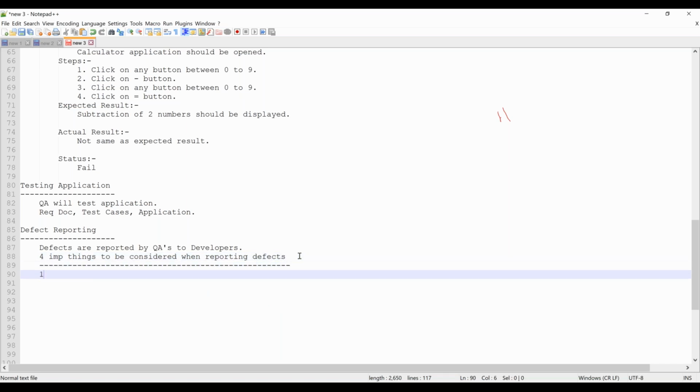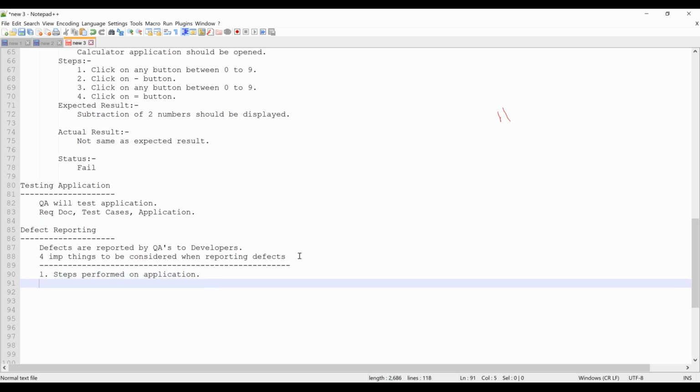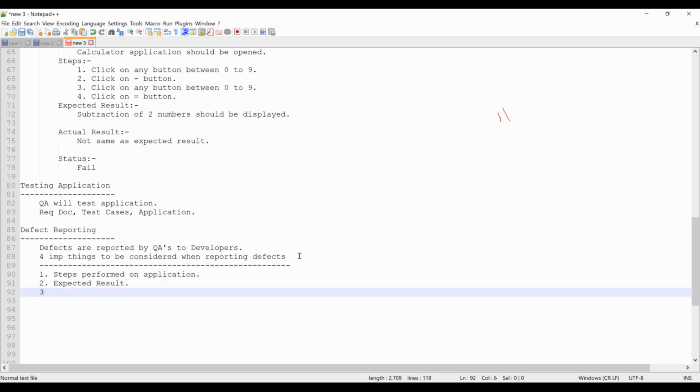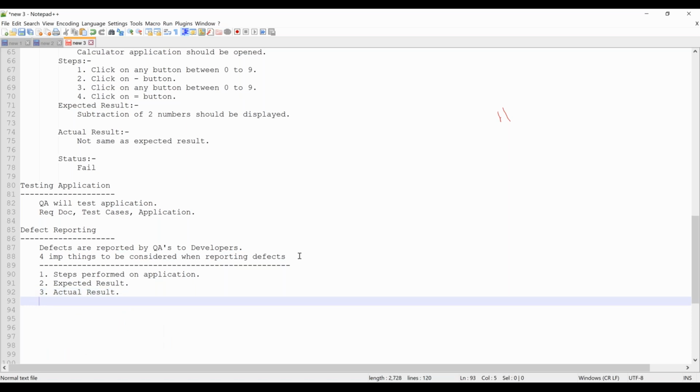One is steps performed on application. Then expected result, actual result, fourth, screenshots. So this is what you have to do.